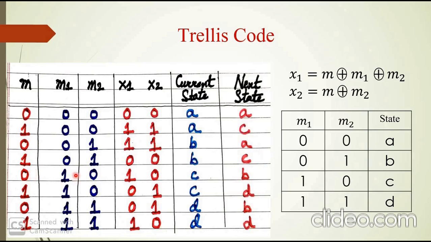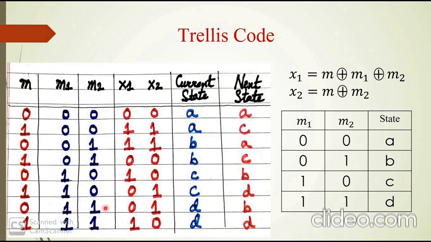So the next state will be 0 1. So the next state will be B. Okay. Then current state is 1 0. It means C. And the input bit is 1 now. So the next state will be 1 1, it means D. So the next state will be D.